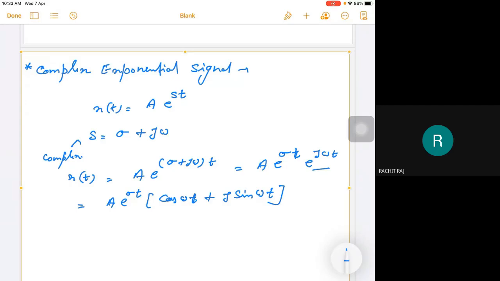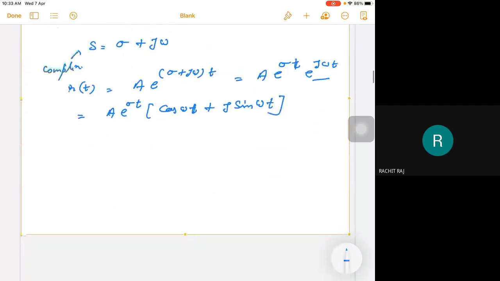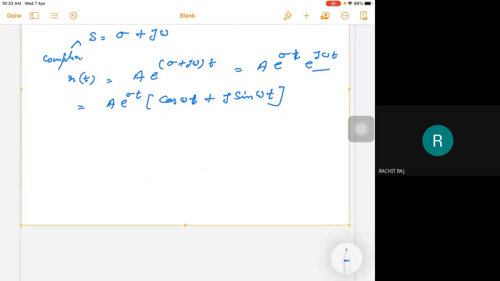Clear? So now if अगर मैं आपसे बोलता हूँ draw this signal